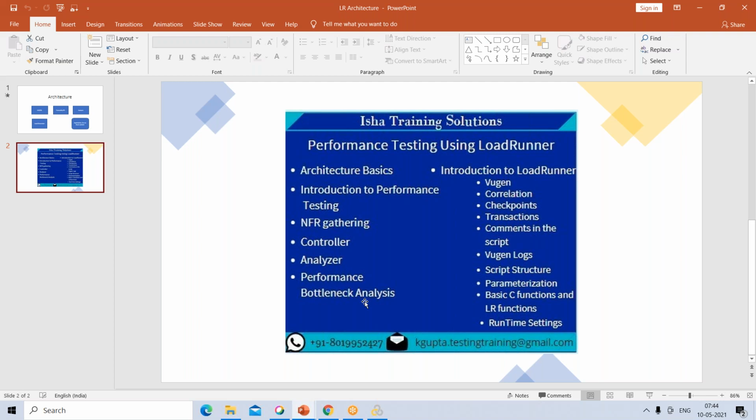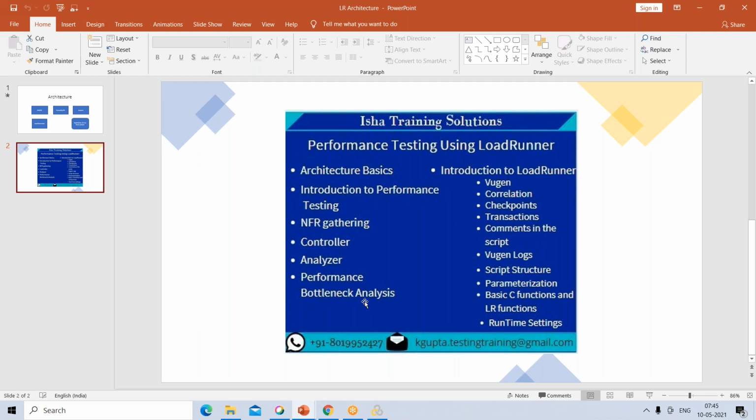We'll be discussing some high level memory leak issues, like heap memory, non-heap memory, and JVM if it's a Java application, and how we have to debug or analyze different kinds of issues. If the response times are very high, how do we analyze and identify the bottleneck?